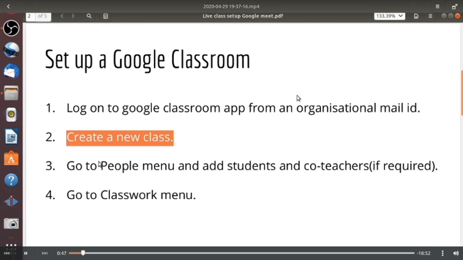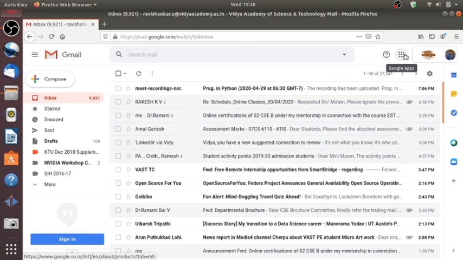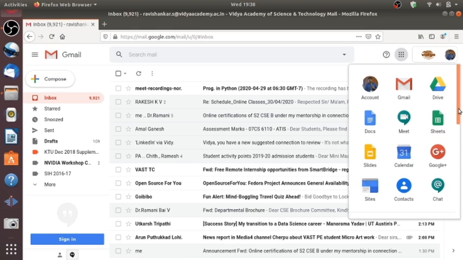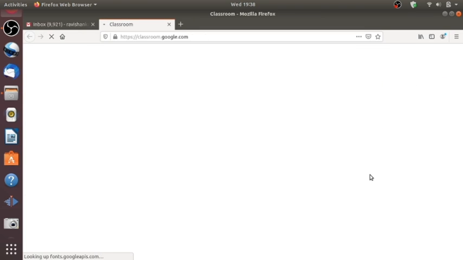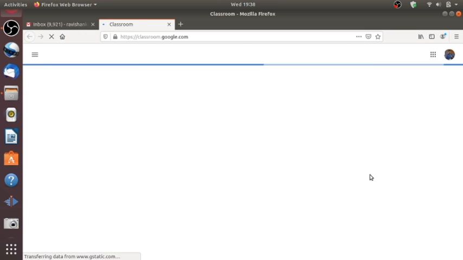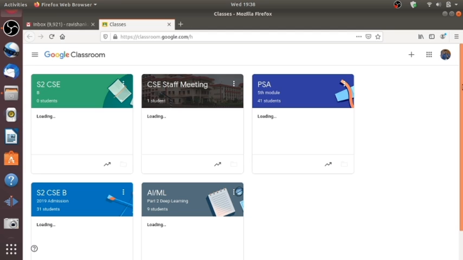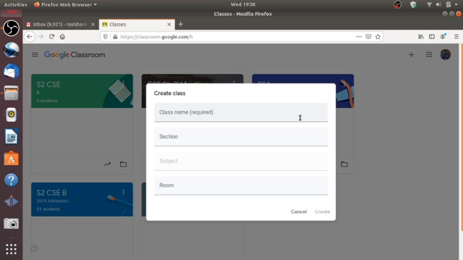So I have opened my mail. From my mail I have opened the Google Classroom application. Once you open the Google Classroom application, create a new class. Give the class name, batch details and subject details.